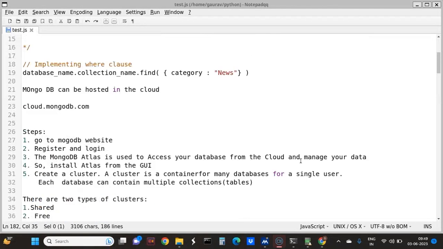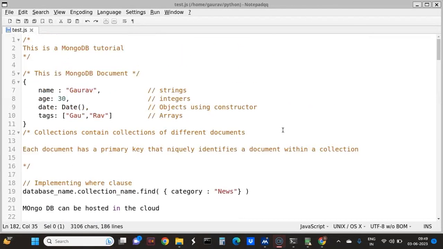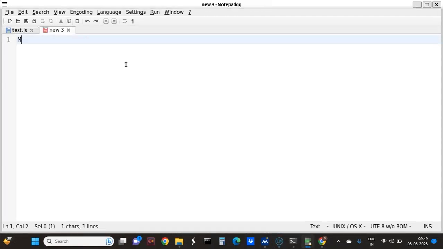Hello friends, today we will discuss the different concepts of MongoDB. So first, let us see what is MongoDB. MongoDB is a NoSQL database,